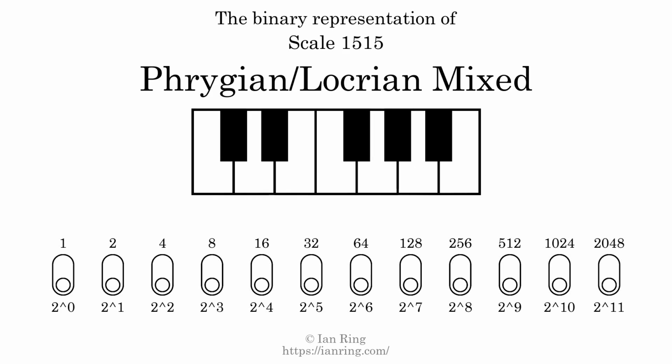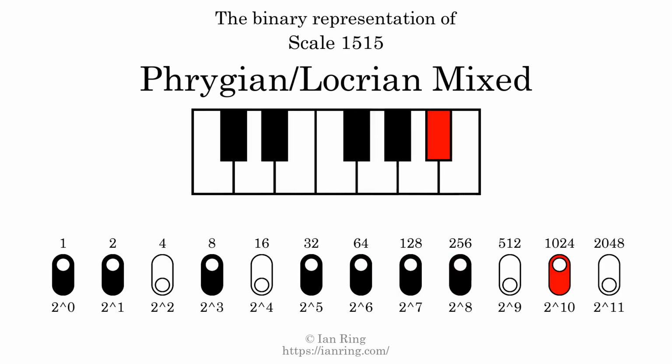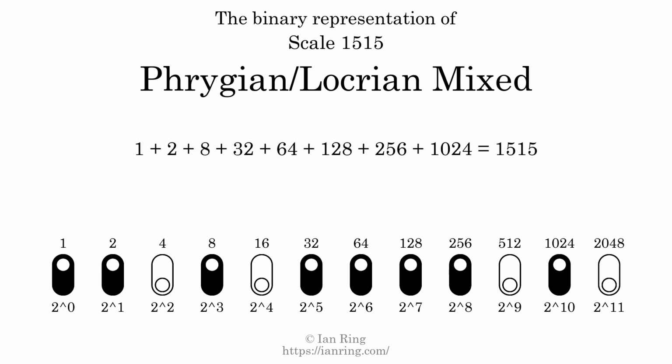The binary representation of this scale is determined by mapping tones of the scale to binary digits. Each binary digit represents a power of 2. To get the scale number, we add the powers of 2 together. The powers of 2 that are present in the scale, all added together, equals 1515. That is why the scale number, in decimal, is